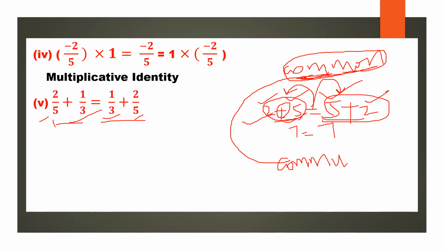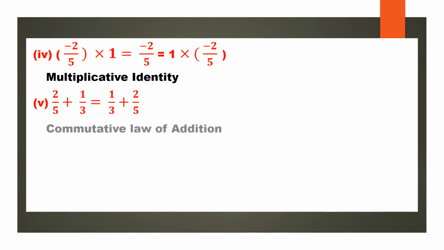Com, this you should remember. Whenever the things on either side of the equation are same with the same symbols, then we can say that they are common, and the law used is commutative law. Here we are using the plus symbol, so you can say commutative law of addition. So let us go to the next question.